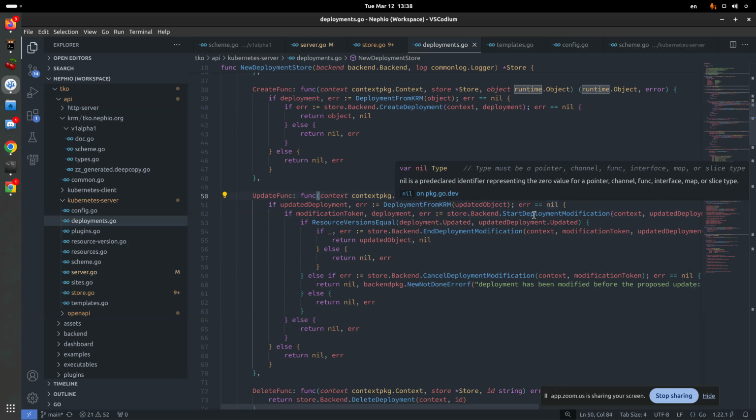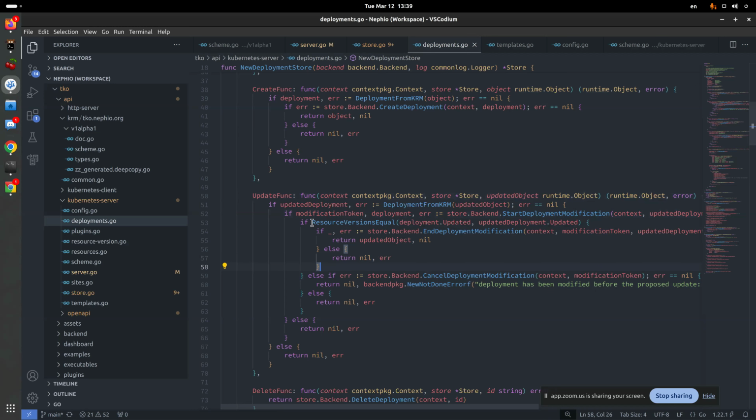If not, it'll be canceled automatically for me. But here is where I do the resource versions comparison and make sure that what I was given actually matches the current state of the version, right? So if somebody is trying to update something that was already changed, I will return an error. And actually, the error I returned is just a